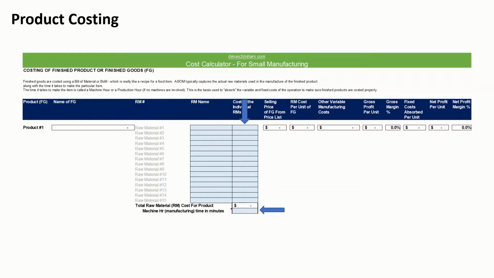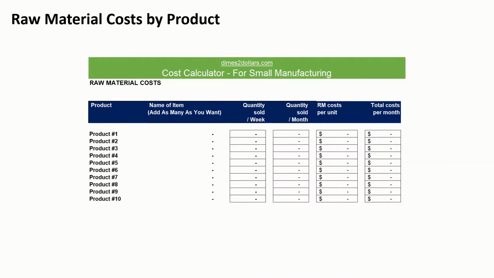You may have different product lines. You can cost them separately if you want. And that's because the raw material costs and the time it takes to manufacture may differ across product lines. You get the idea. The output of this tab is going to be the fully costed product